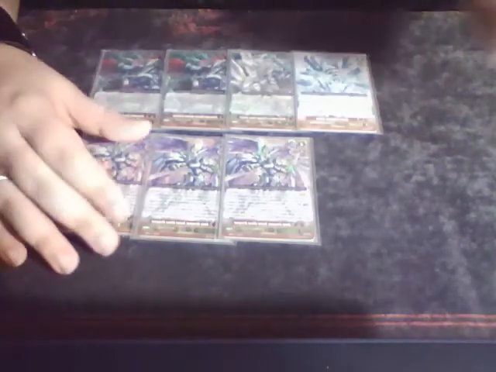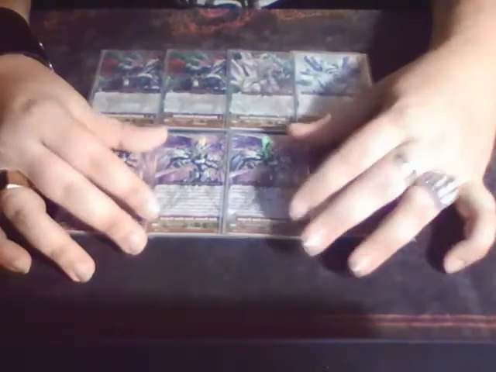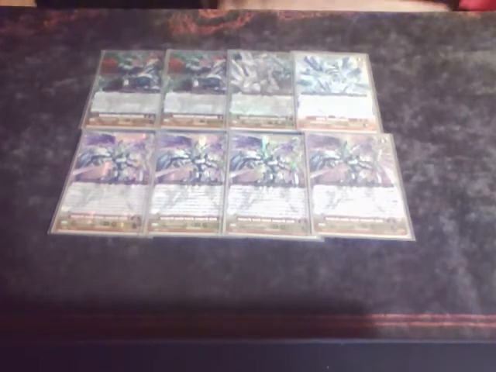Then for the last unit, obviously, I play 4 copies of Holy Dragon Saint Blow Dragon. So this is the Ace G unit as of this moment for Royal Paladin. So his ability is